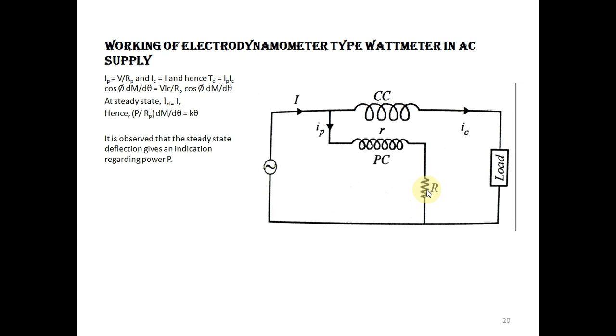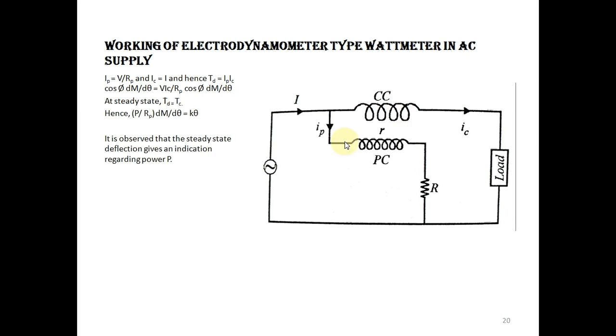Now, look here. What is the function of the current coil? It is carrying the load current. And what is the function of the pressure coil? It is carrying the current proportional to the load voltage. Mind it, I think we have gone through it in face-to-face theory classes before, that actually the potential coil or current voltage transformer are not actually carrying proportional voltage. They are carrying some current which is proportional to the voltage across them.